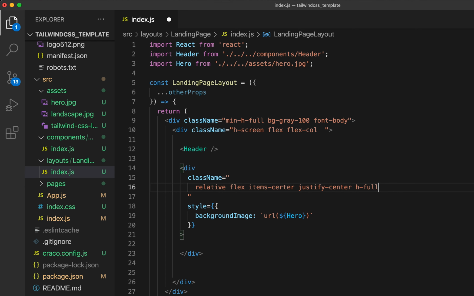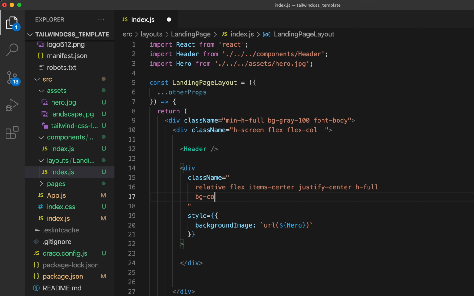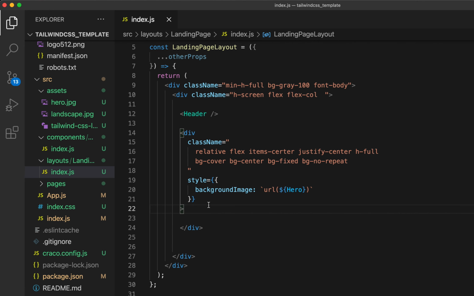And then we want to apply some CSS properties to handle the sizing and positioning of this background image. So what I'm going to set here is that the background size should be set to cover. We want to center it, so we'll say BG center. We want to set it to be fixed, which is going to give it that parallax effect. So we'll say BG fixed. And then also we want to make sure that the image doesn't repeat. So we'll just say BG no repeat. We'll save that. And then finally, what I also want to do here is I want to